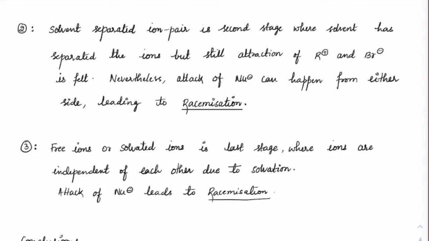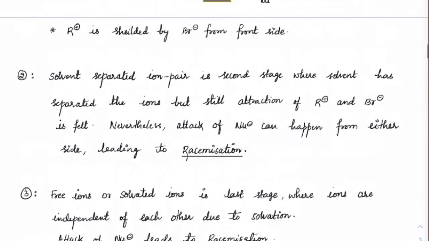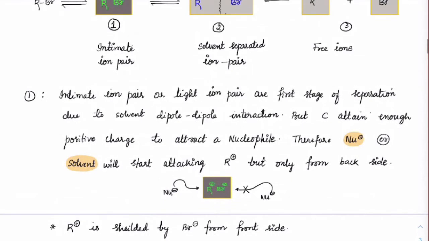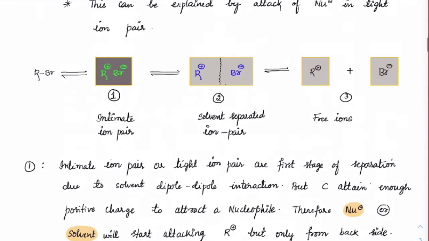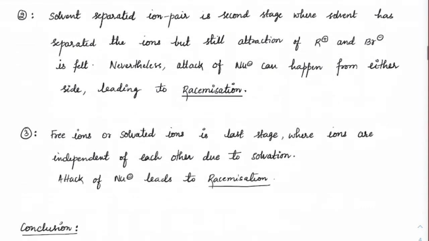And this is the prime reason for the percentage increase in the inversion content. Overall racemization, if it is asked why racemization is not happening completely, or why there is no 100% racemization, these are the reasons. Because of the intimate ion pair or the tight ion pair, the nucleophile will attack only from the backside. Okay. This is also given in Peter Sykes. If anybody wants to read it once again, just go through those notes.